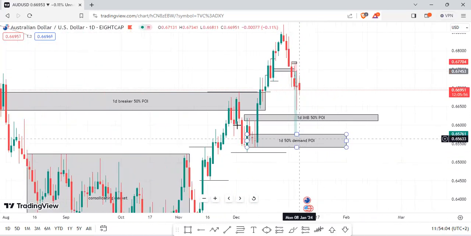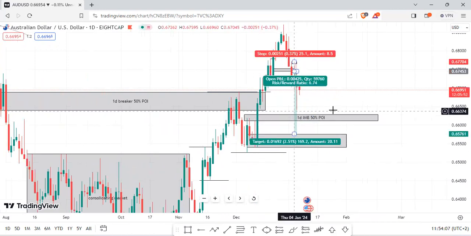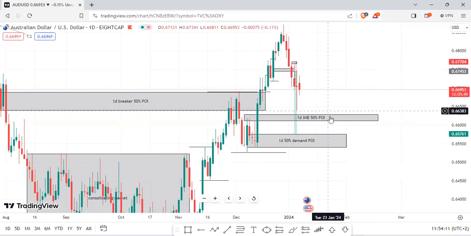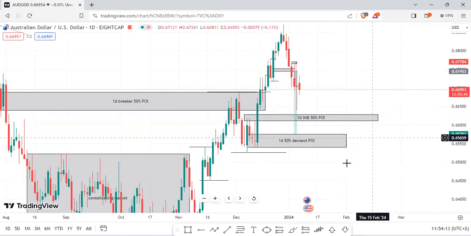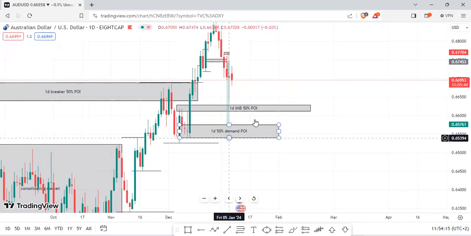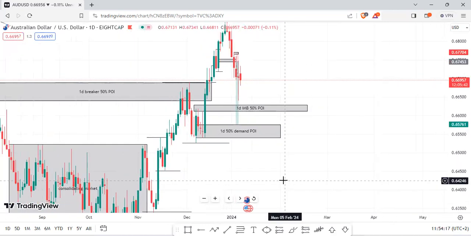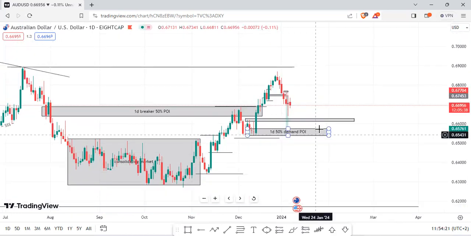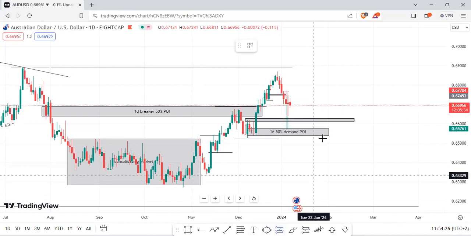we have this demand, then we also have this imbalance here. There was this imbalance that was left there. We also have that imbalance. Now that's where I'm looking to enter and buy the AUD if ever it allows. But this entry here will be matter.